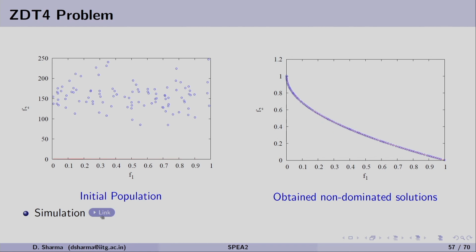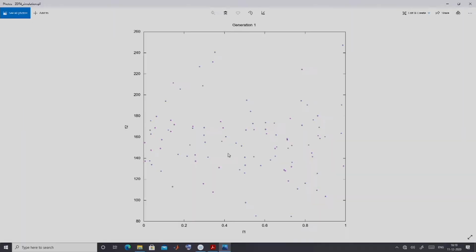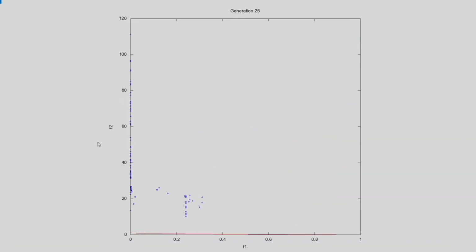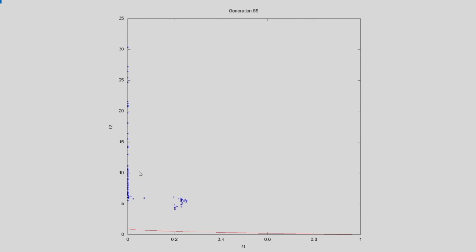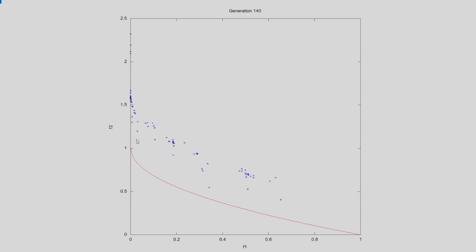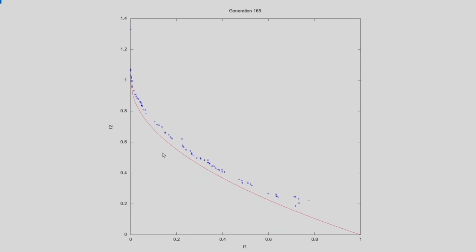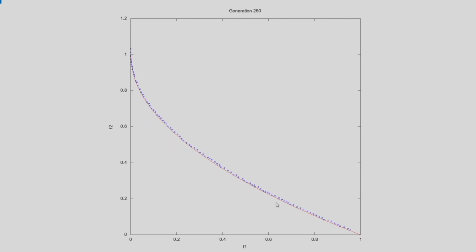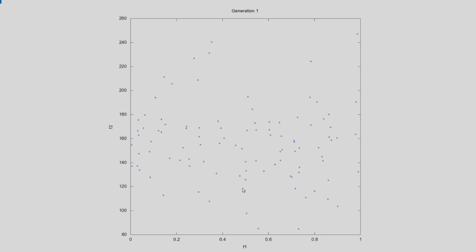So we can see how SPEA2 is performing on the given problem. As we can see, the solutions are moved to one of the corners, and as soon as these solutions are moving towards the Pareto front, they get distributed along the front, and slowly these solutions will be converged on the Pareto front.